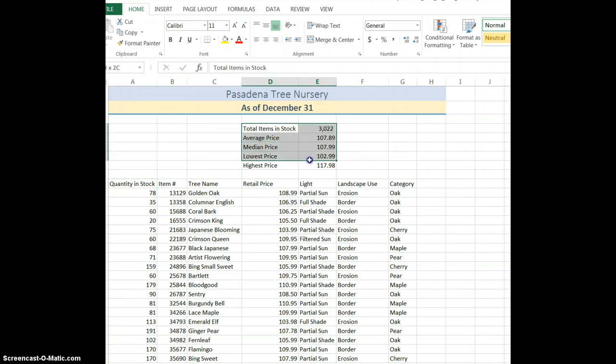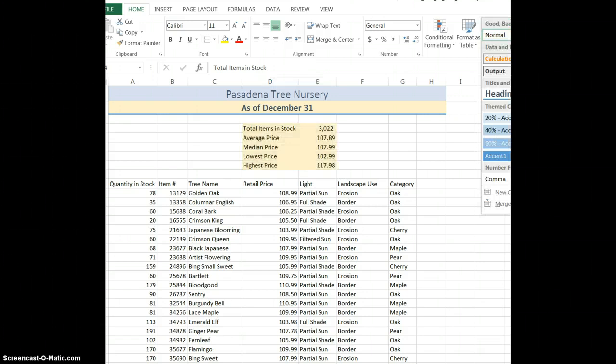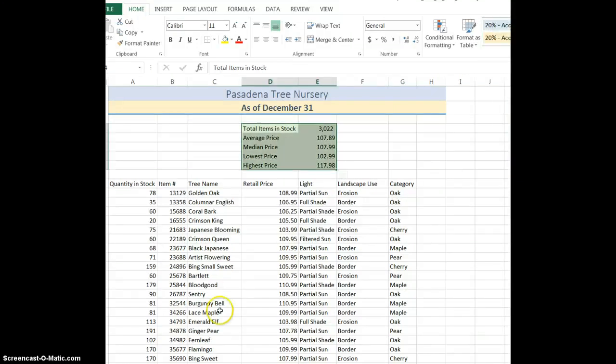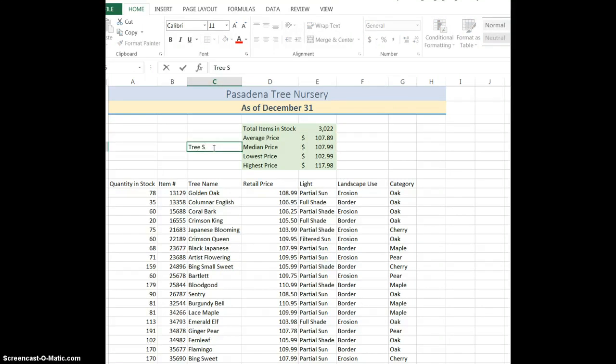Select D4 through E8, and I want you to change the background color of them to whatever you like. Since the average price, median price, lowest price, and highest price are all prices, apply the accounting number format. In cell C6, type tree statistic. Press enter on the formula bar,